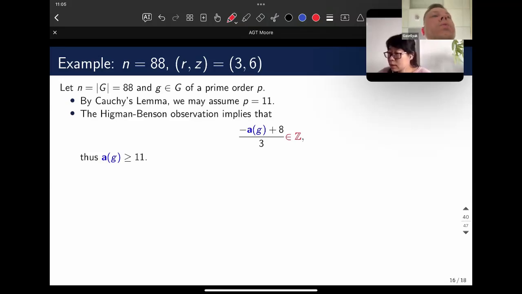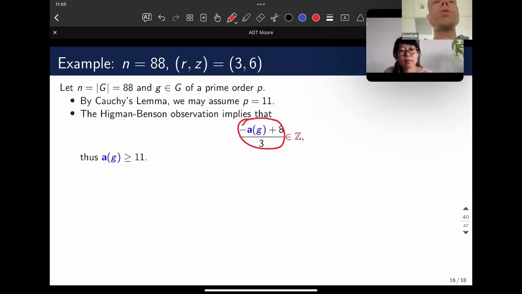Okay, so let's assume that this Moore digraph is a Cayley digraph over a group of order 88, and G is an element of prime order P. So by Cauchy lemma, we may assume that P equals 11,